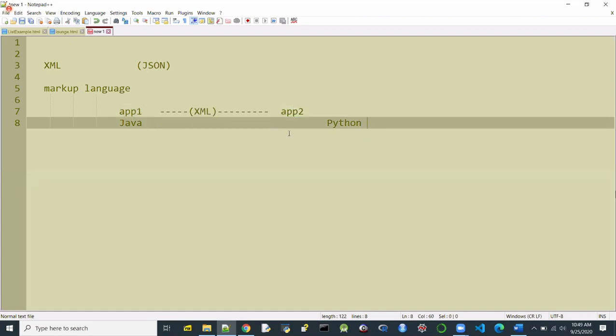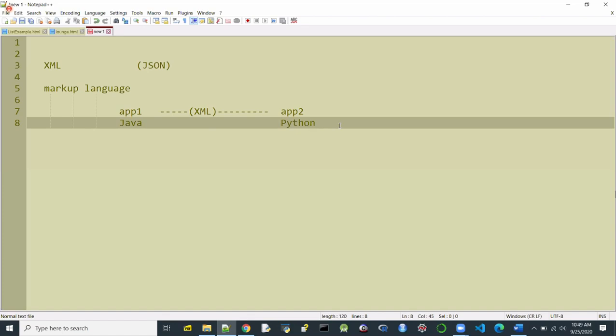The only thing is that the languages must know how to generate the XML, and the languages must also know how to parse the XML. Just like in the case of databases, the languages must have inherent or external support for understanding the XML syntax.